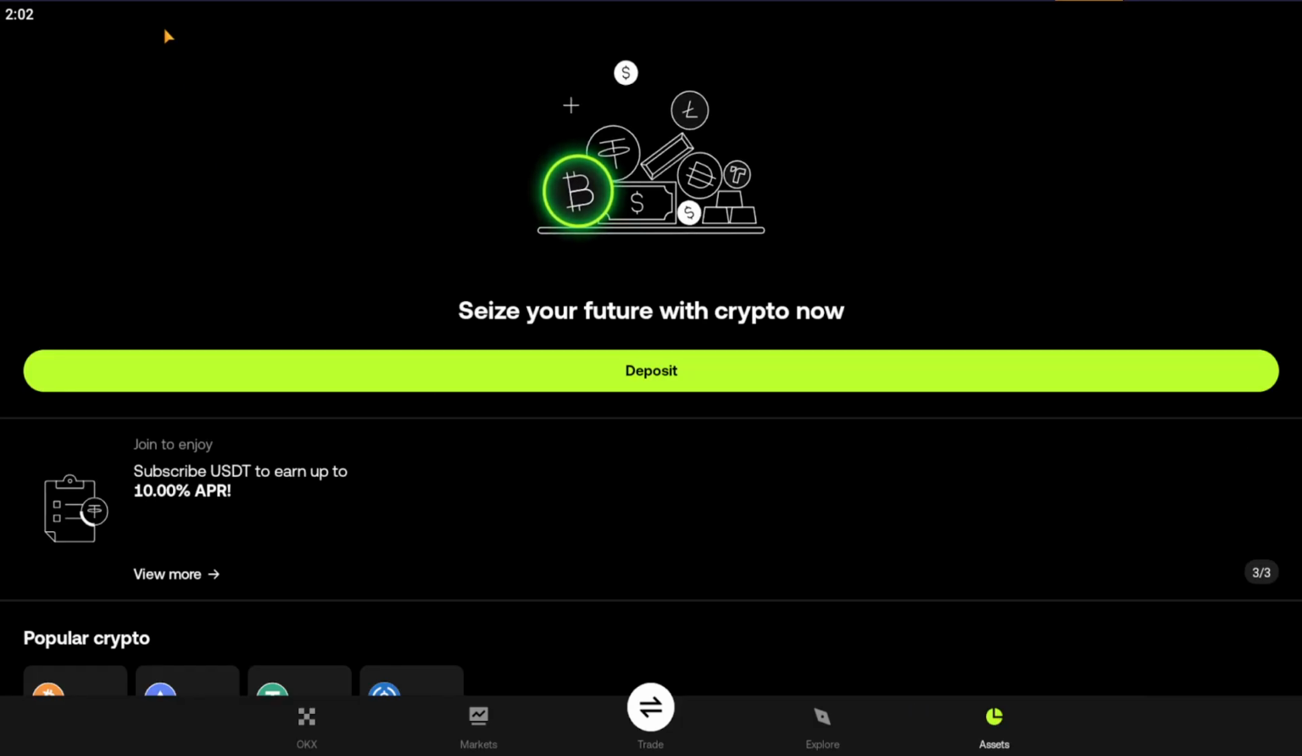At the top of the asset screen, you will see different tabs. Tap the Overview tab to display your total balance. This section aggregates the balances from all your accounts, including funding, trading, and grow, providing you with a comprehensive view